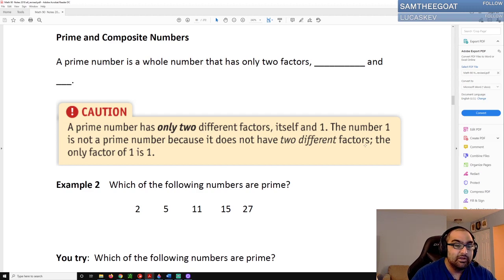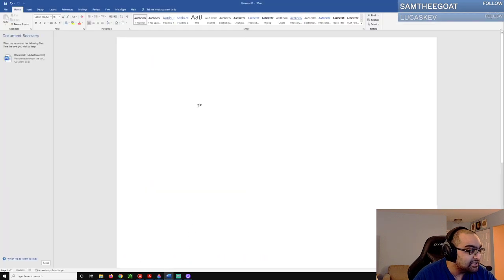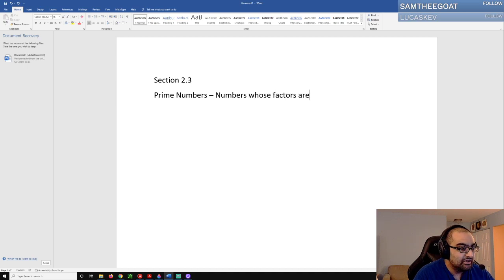Prime numbers, as a reminder, are basically numbers whose factors are itself and 1. Okay, so those are prime numbers, and composite numbers